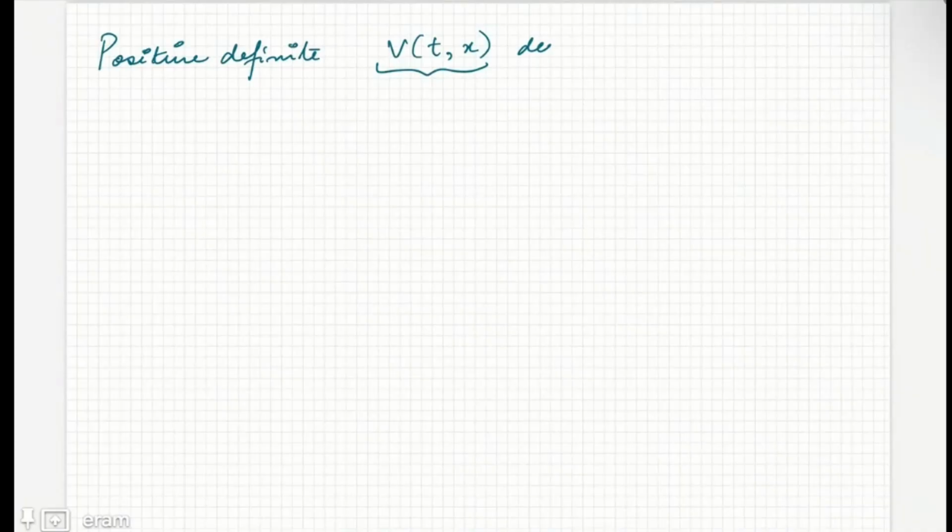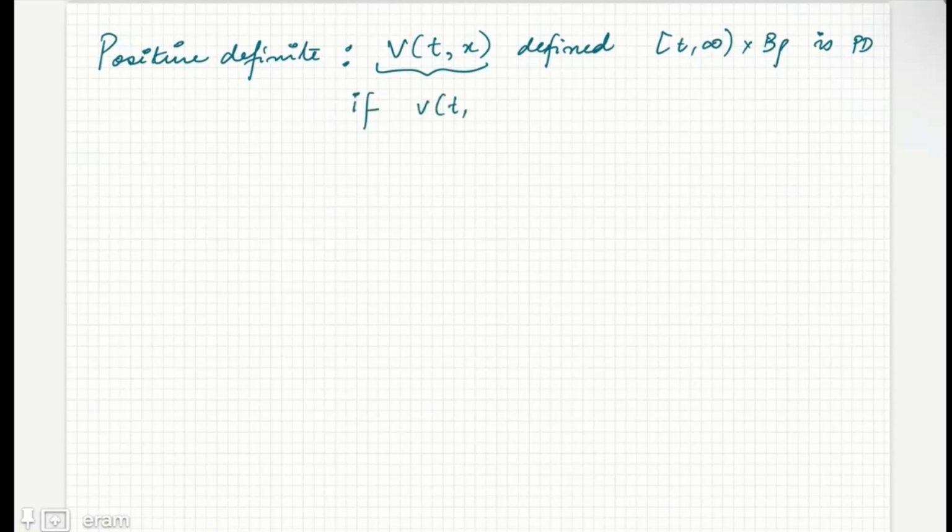So V will be positive definite. Obviously we define it on the interval t0 to infinity for the time, and we are interested in the neighborhood B_rho. This function V is positive definite for the time varying case if the Lyapunov function at x equals 0 is 0, and that should be satisfied for all t greater than or equal to t naught, any initial time if we are considering. So at x equals 0, this Lyapunov function should be 0 for all time,